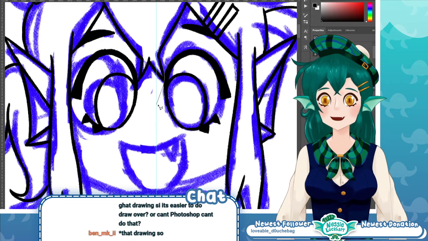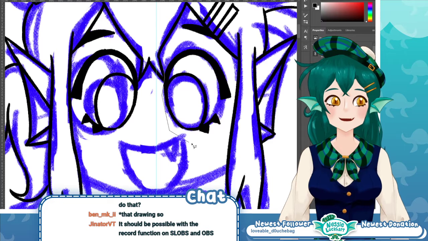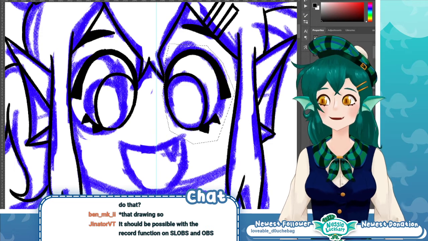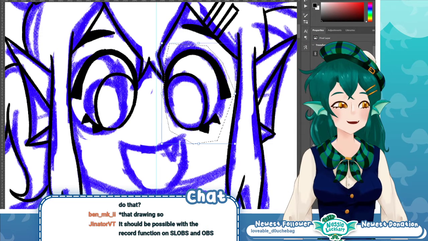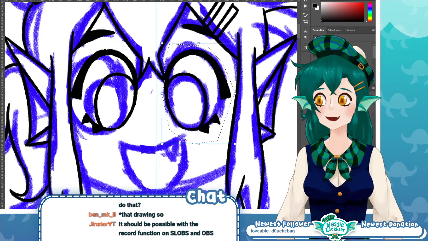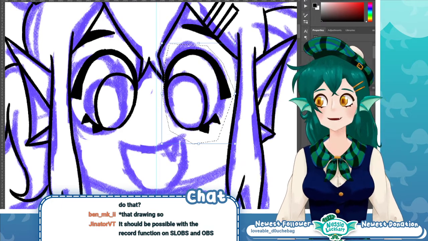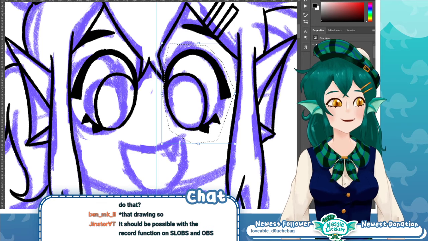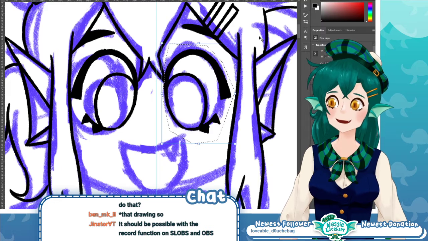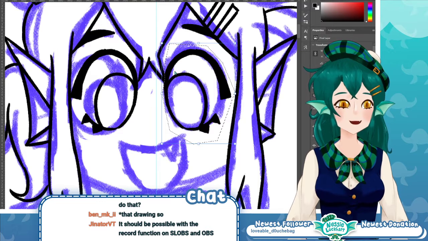Can you not fade the first layer on that drawing so it's easier to draw over it? Or can't Photoshop do that? Yeah, I can fade the sketch layer. That's why I draw in blue. I don't really have trouble if it's in blue, but I can just lower the opacity. Oh, that's the wrong layer. It's layer 3, there we go. I tend to prefer it usually like 70% if I'm doing blue. I don't really sketch in black, because then it's too hard to read. That's not the right one.